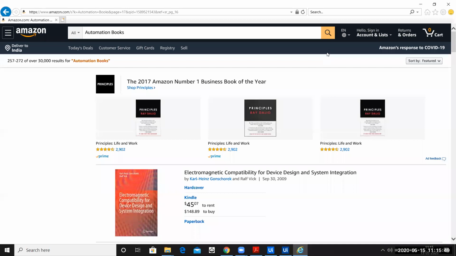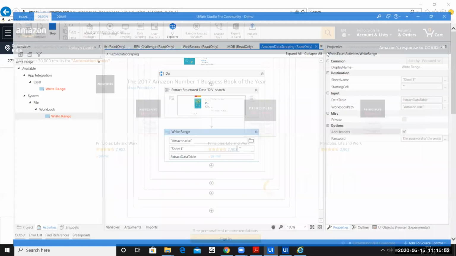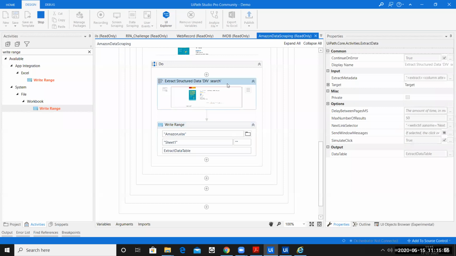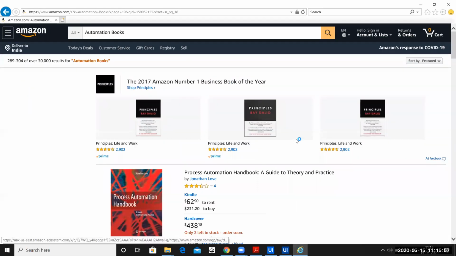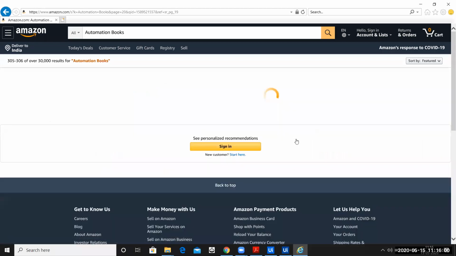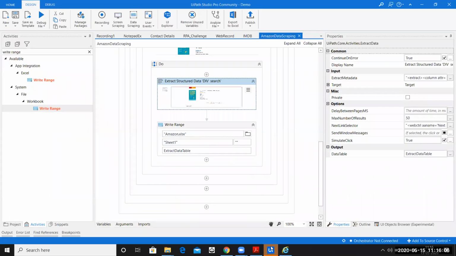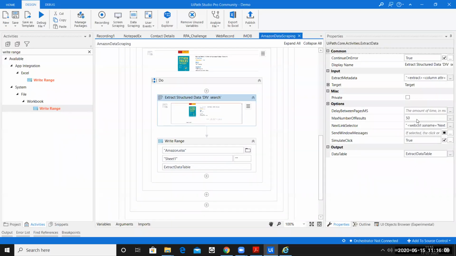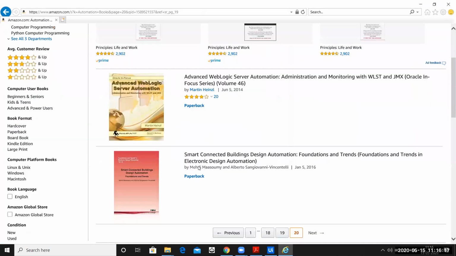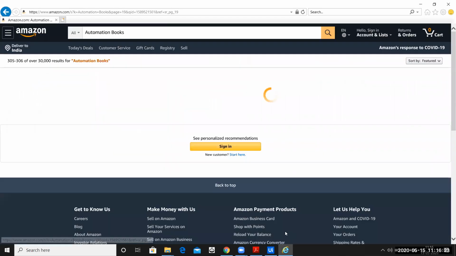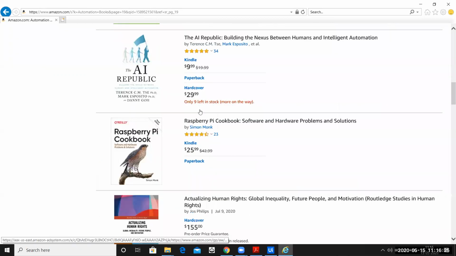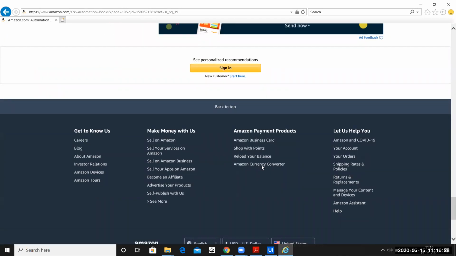Let me quickly stop the automation and see how much data we set it to scrape. Okay, we have set it to scrape only 50 records. I'm not sure why it is going through all the pages again. Let me quickly stop this and check if everything is fine here. Okay, we have set it to scrape only 50 records, that's fine. You can see the page has only 2 records over here. This one has multiple records, that is fine.